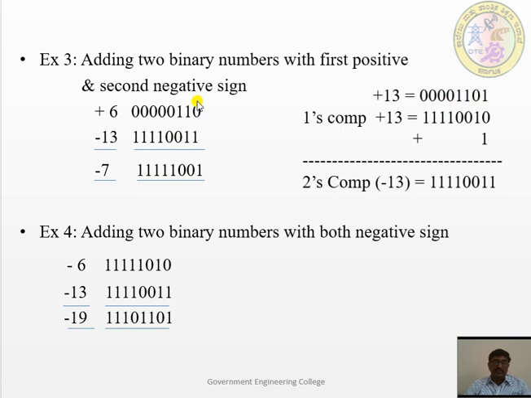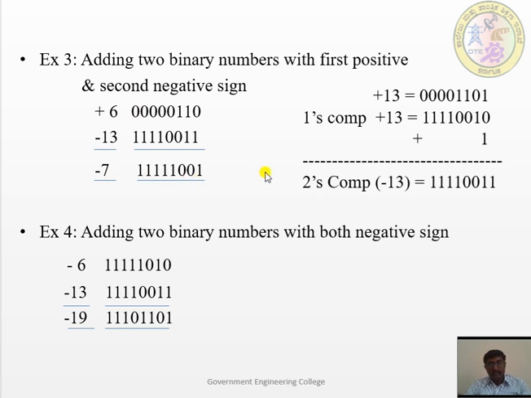Okay, next the procedure is the same, that is the addition. 0 plus 1 is 1, 1 plus 1 is 0, once again a carry is generated, 1 plus 1 is 0, once again a carry is generated. Okay, so this is 0 plus 1, 0 plus 1, 1. So this one is minus 7, that is minus 13 plus 6 is minus 7. Okay, so now we can cross check with the minus 7 value, whether the value you have got is right or wrong.